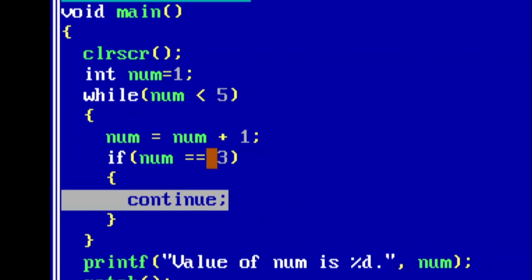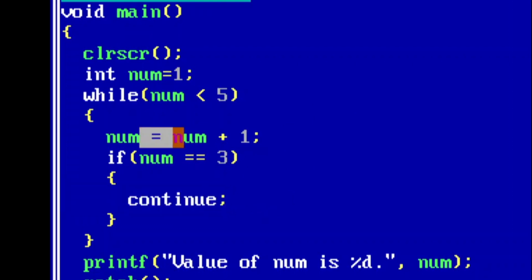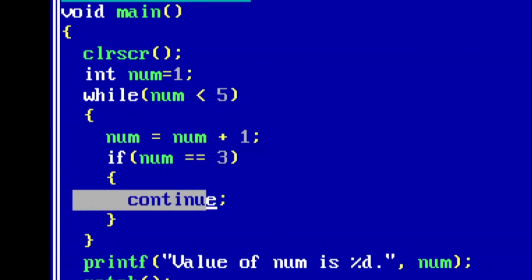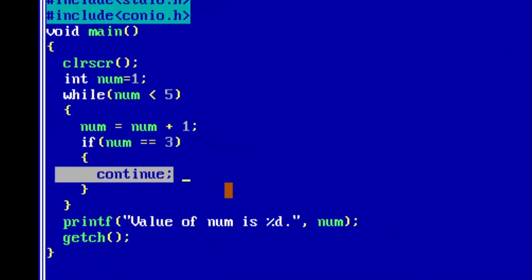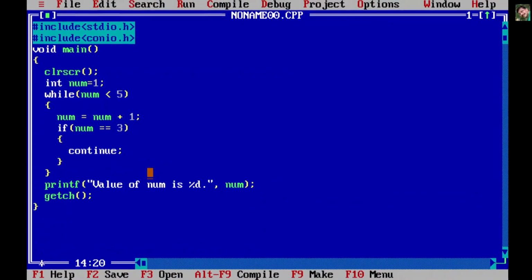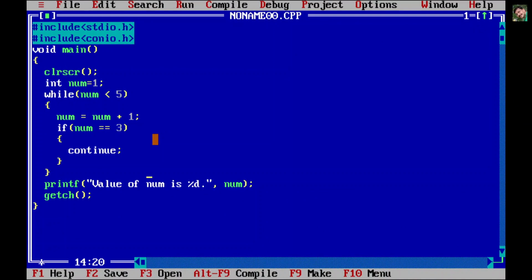So in this program you need to remember these two or three things: because the computer requires precise instructions, single equal is assignment and double equal is a comparison or relational operator, and continue is used to skip the current repetition and start with the next repetition. So I hope you understood this.